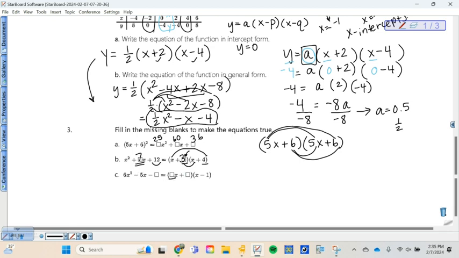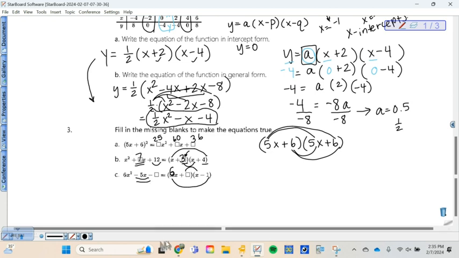I'm going to look at this one first because I know my first times first has to give me this 6x squared. So what times 1 is going to give me 6? 6. Okay, 6. Wow, that got really messy. Okay, now that I know that one, I can look at my outers and my inners,